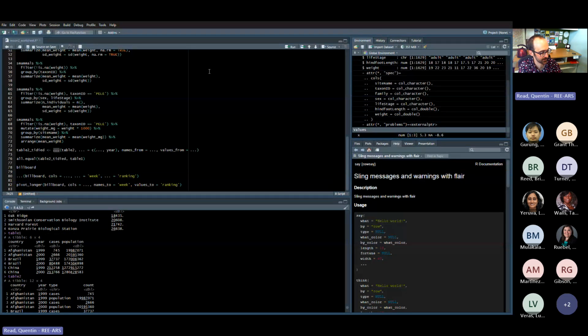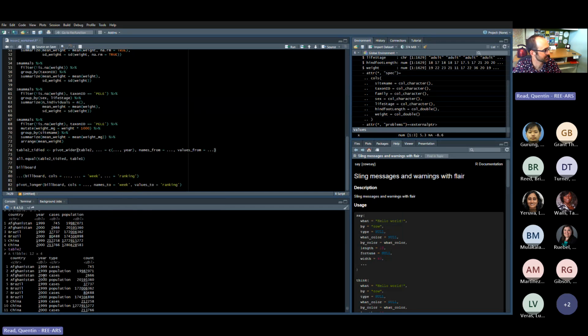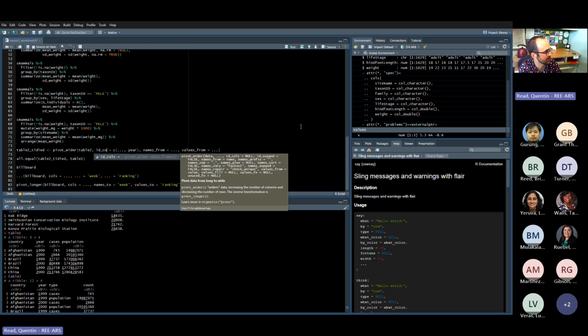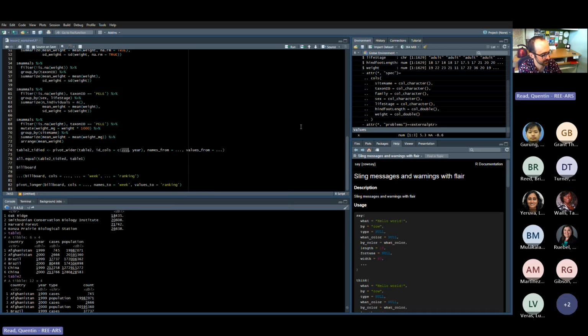So pivot_wider is what we're going to use to make this long skinny 12 by 4 table into a 6 by 4 table. And we're going to say our id_cols, the country and year, are going to be used for the IDs. The column in our long data that's going to become the column names is the type column. And count is the name of the column here with the data in it, which is going to be spread